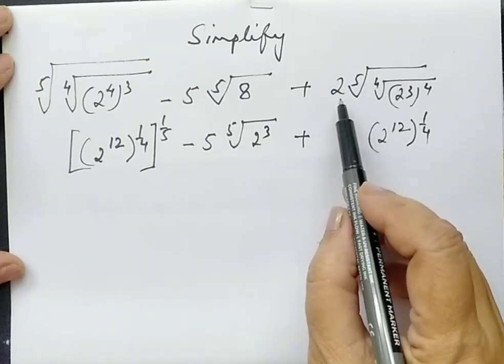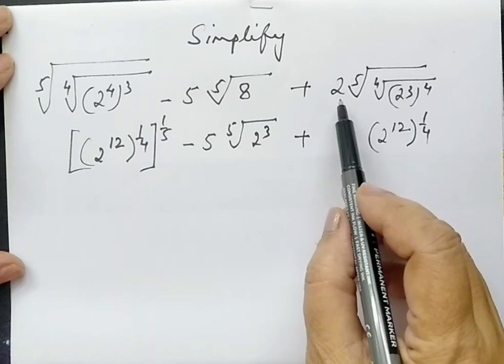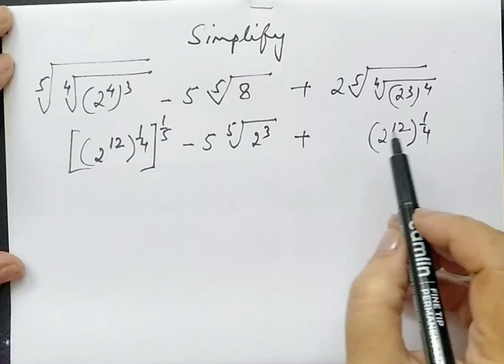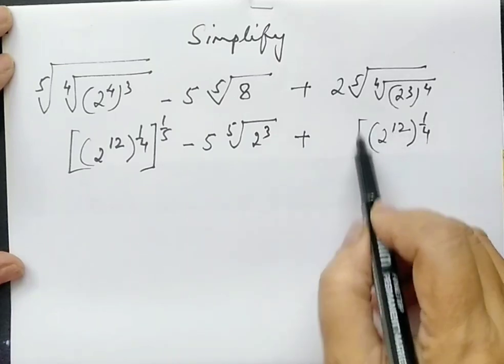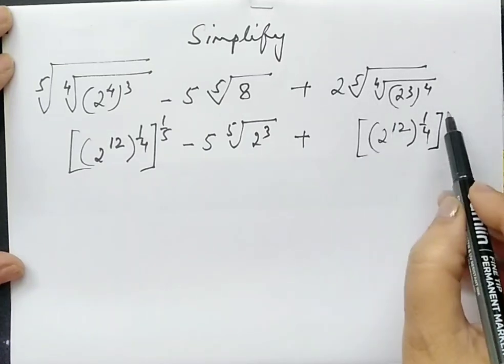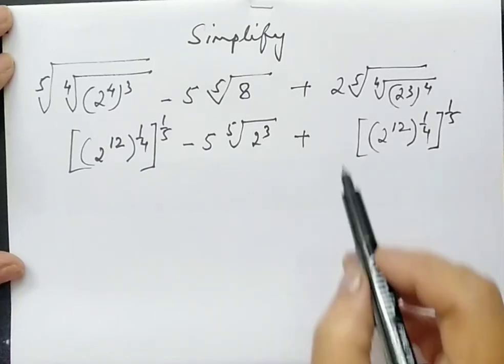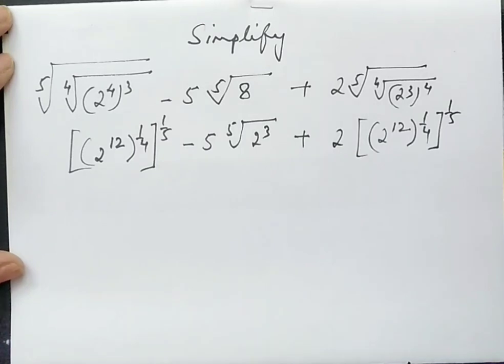Remember 2 is sitting over here as coefficient for the whole. Correct? So next we have 1 by 5 as another power. Alright, so let's write 2 as it was. This means 2 of this whole thing. Alright,